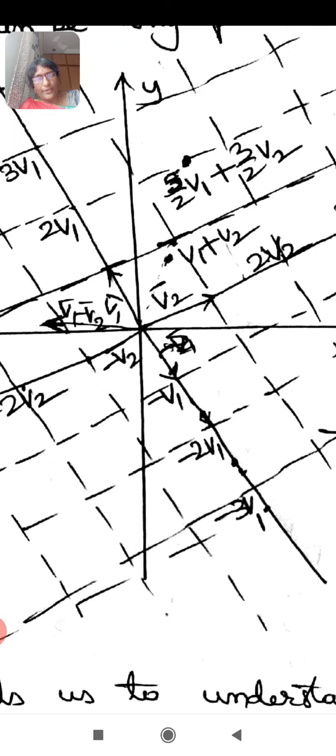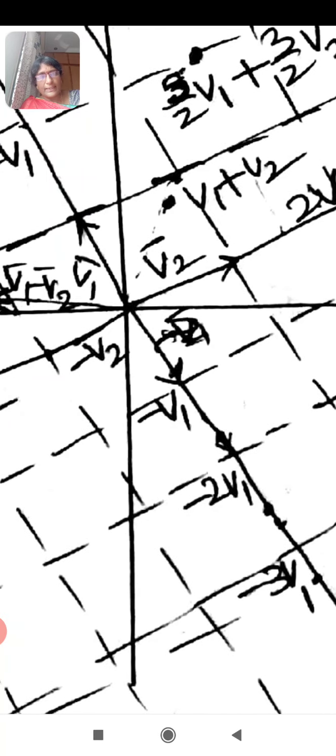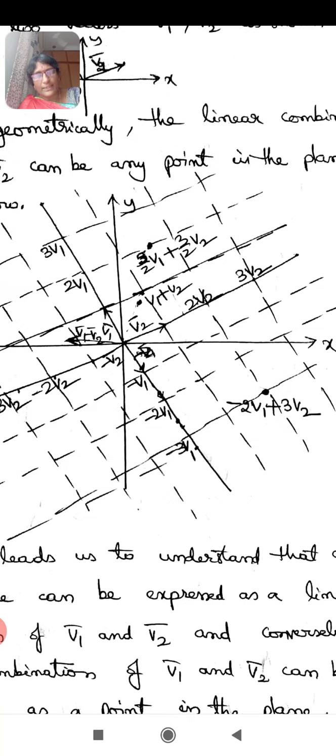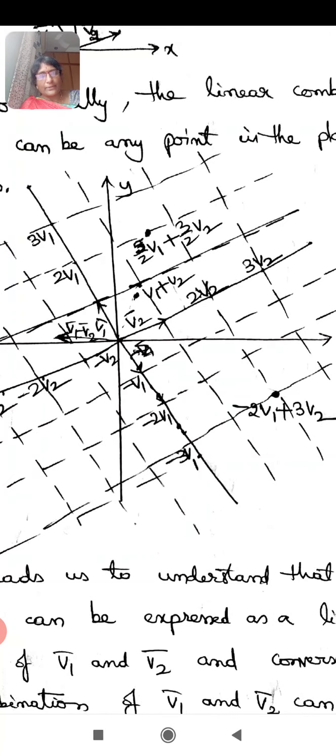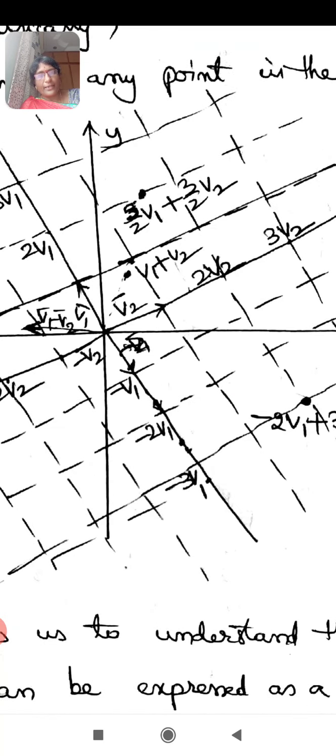Let us see for v1 bar first. v1 bar has parallel lines drawn at a distance equal to the magnitude of v2 bar on either side of it, on both sides. In the same manner, for the vector v2, on either side of it at a distance equal to the length of v1, we can have some more parallel lines. And in the figure, we can see all of them are intersecting. So these intersecting points represent the linear combinations of v1 and v2 bar.